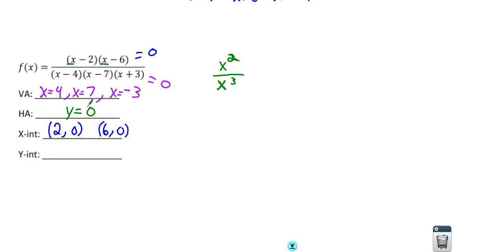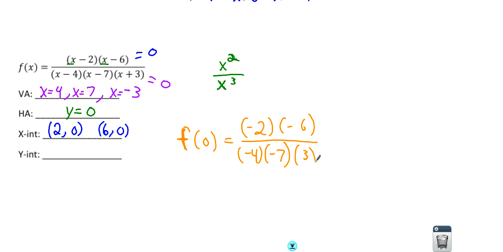And then last, I plug in 0 for my x, so f of 0. And you're going to get negative 2 times negative 6 on top, negative 4 times negative 7 times 3. So you're going to get positive 12 on top, right? And on the bottom, you're going to get positive 84, which reduces down to